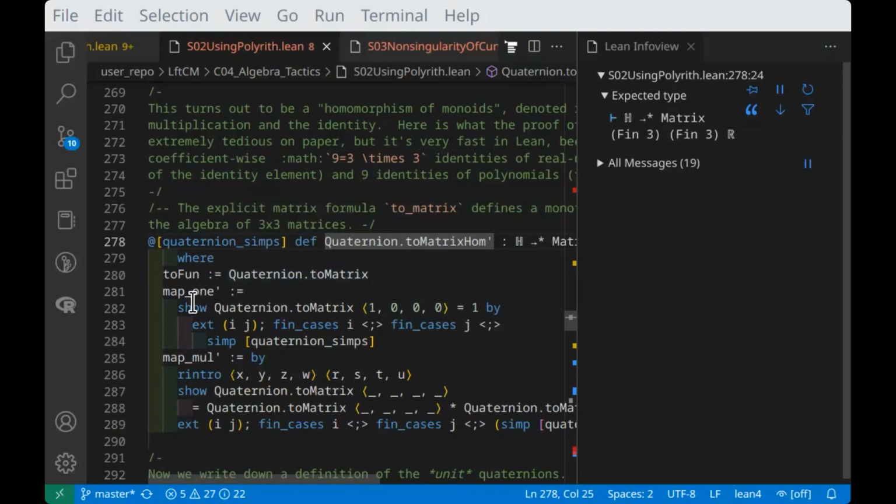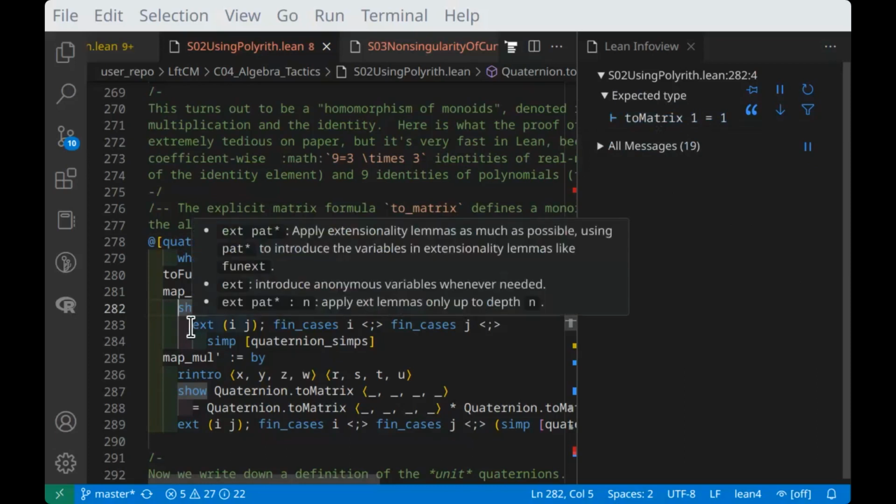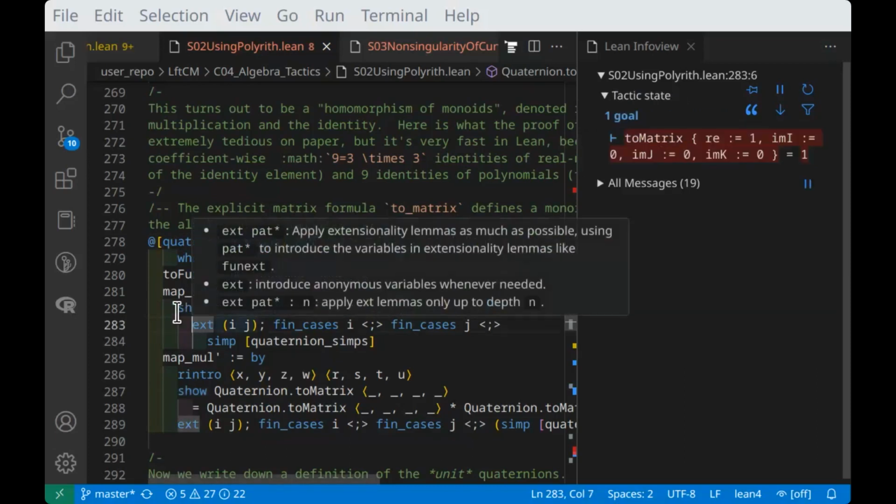So I have to prove these things, and how do you prove them? The whole point was to show you how you do these matrix computations using polyrith. So in here, this is a matter of simplifying the definition. So here, I will want to unfold this to matrix. So when I do ext, it's just showing that. How do you show that